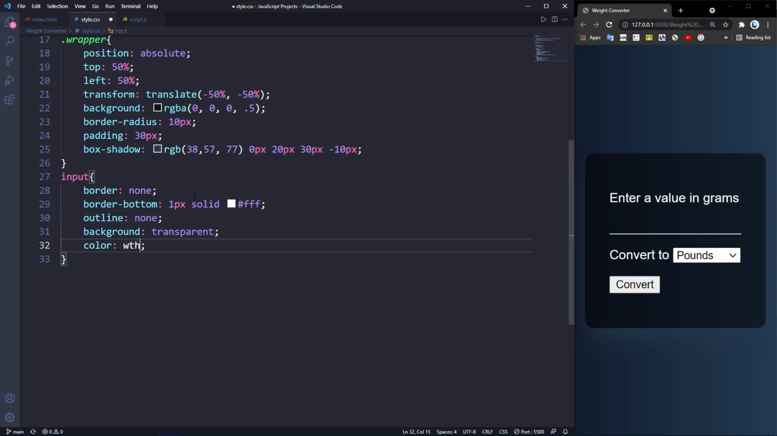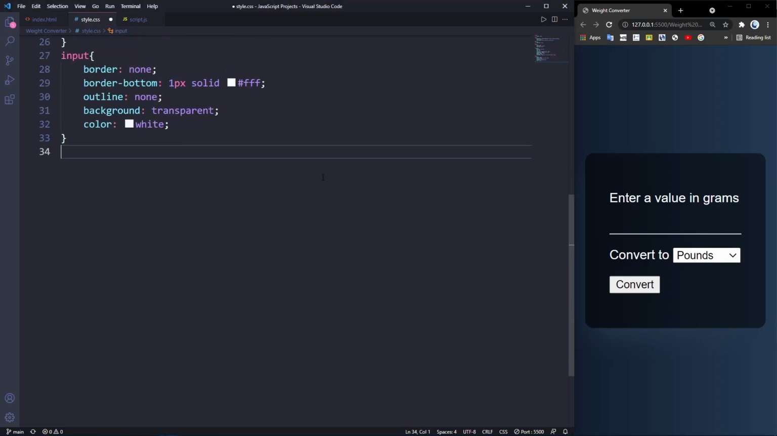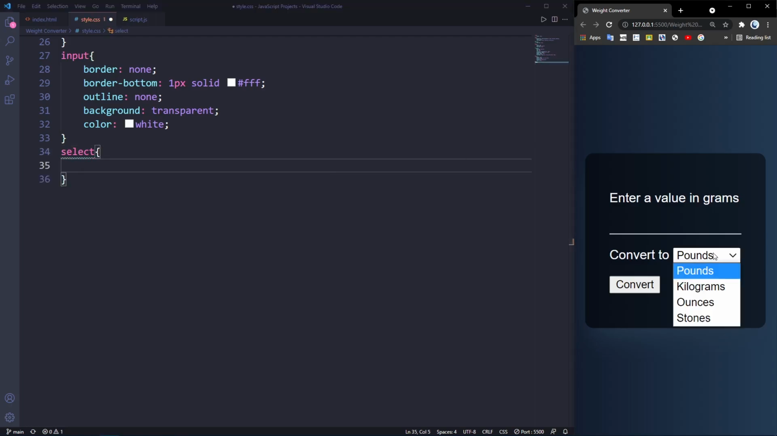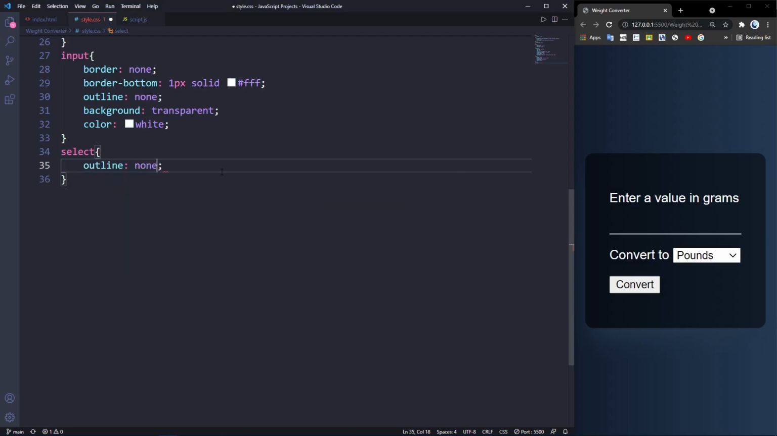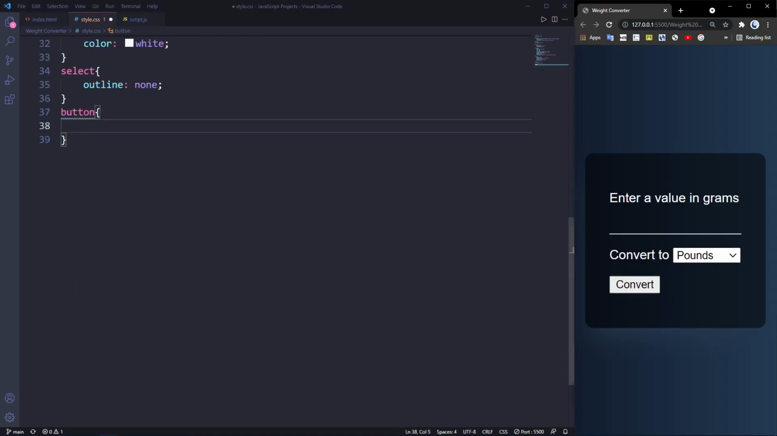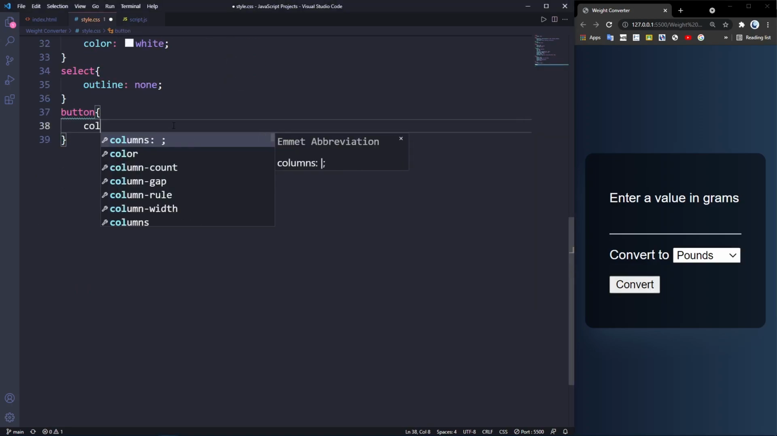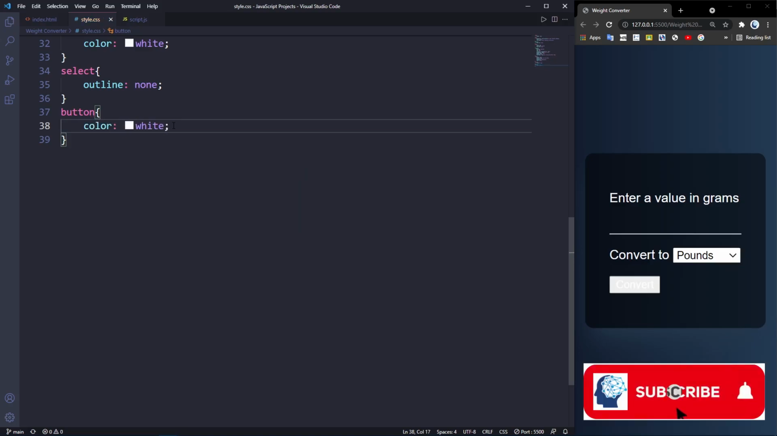Obviously, I'm gonna set the color to white. So okay, that's great. And next is to style the selections, which is this selections. I'm gonna set the outline to none. Next is the button tag, which is this button, and I'm gonna set the color to white,